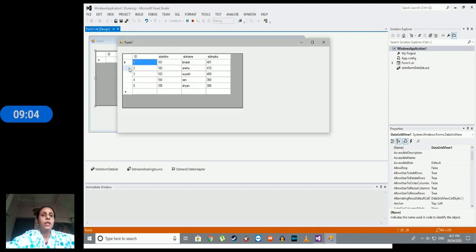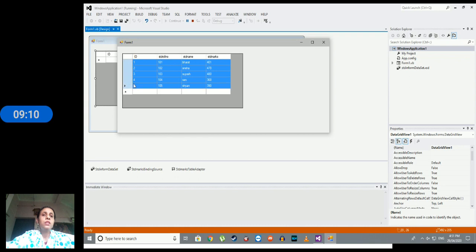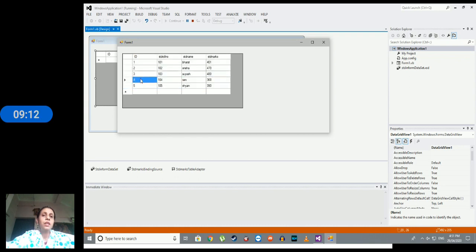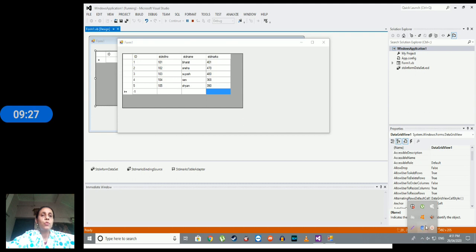This is what data from the database is coming. From the table all the data is coming. In this way you can access the data from the database using SQL Server, and we have displayed that data on the data grid. It is actually a control in which we can insert the data. We can see the data in the form of rows and columns.